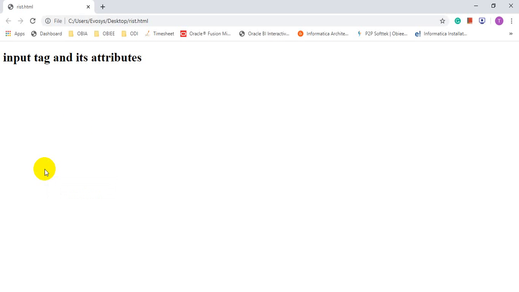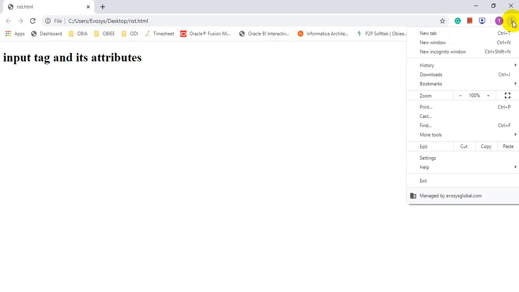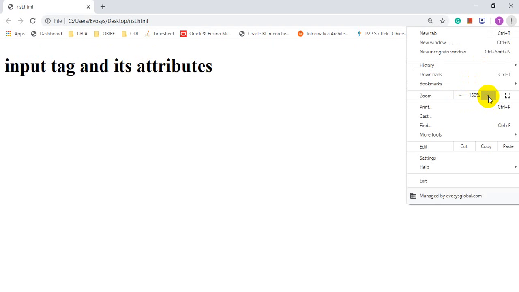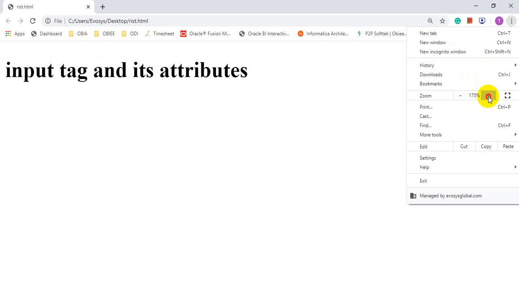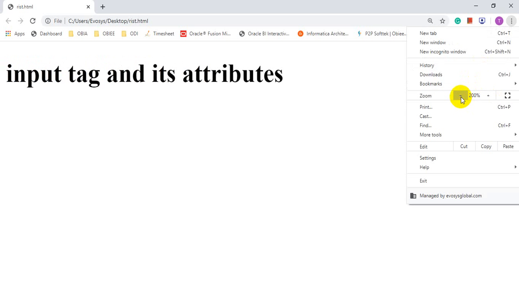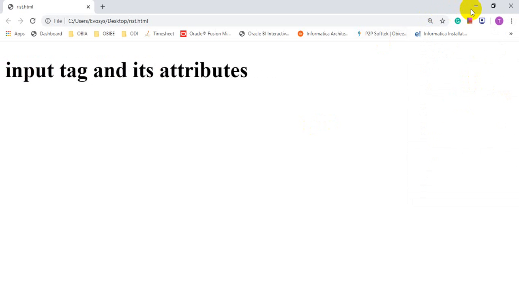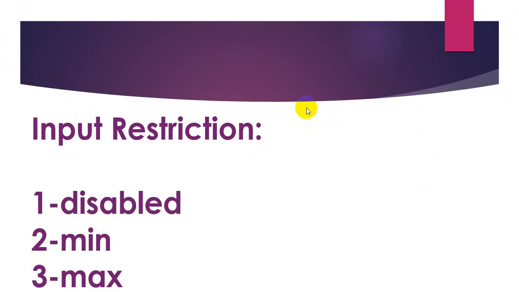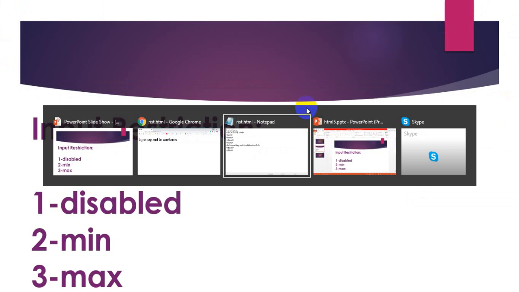See students, right now we have only one thing, that is an input tag and its attribute. This is coming only because I have added h1. Inside h1 I have written some content. And what is the content? If you are not watching properly, I just want to increase the size. I just want to zoom. Okay, I think now you will get a clear picture. Flip back to your browser.